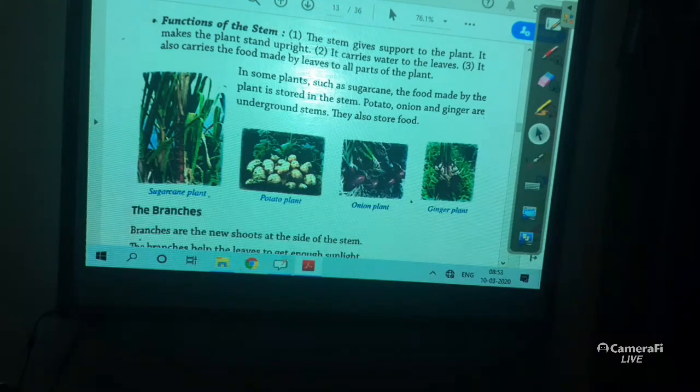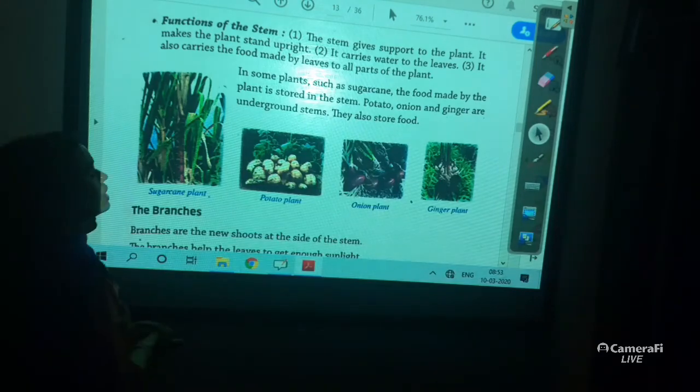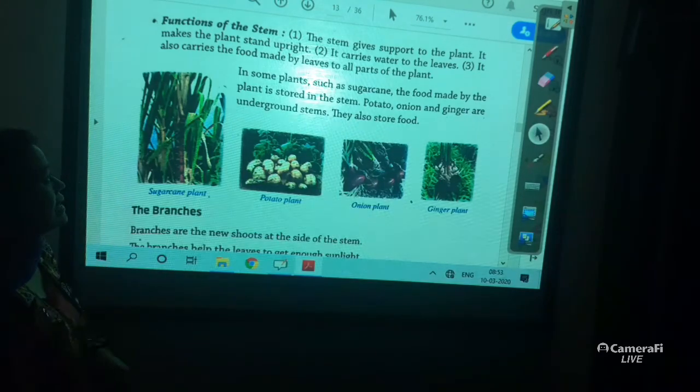तो देखो बच्चा, here the stem works in two ways. First it collects the water and minerals from the roots, and then it carries them to the leaves, and in the leaves when the food is made, again the food is carried by the stem to the different parts of a plant. In some plants such as sugarcane, the food made by the plant is stored in the